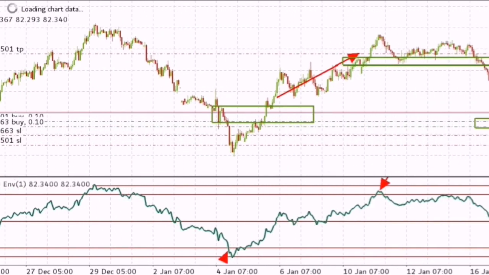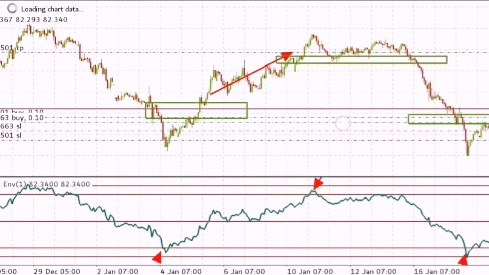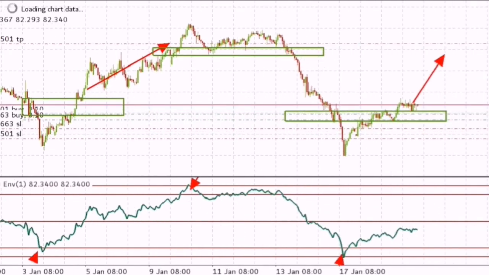Same thing, price touches here the 10 line level, you highlight the key level just before price got to the 10 line level, price closes above, you take a trade. It was a good trade. The same thing right here, same thing, price closes below, you take a trade. It could have been a good sell trade